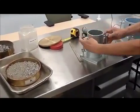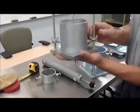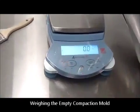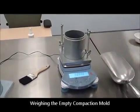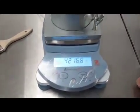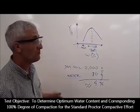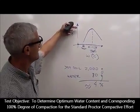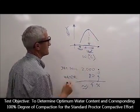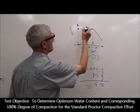The first piece of information that we're going to need is the weight of the mold by itself, empty and clean. So we're going to put it on a scale that has been zeroed, and we record this weight. This is the weight of the compaction mold empty, to determine what's the optimal percent of moisture to have to achieve compaction with the same amount of energy to achieve the best unit weight or best densification. So this is the objective, to determine what this water content is and what is the maximum compaction in terms of 100%